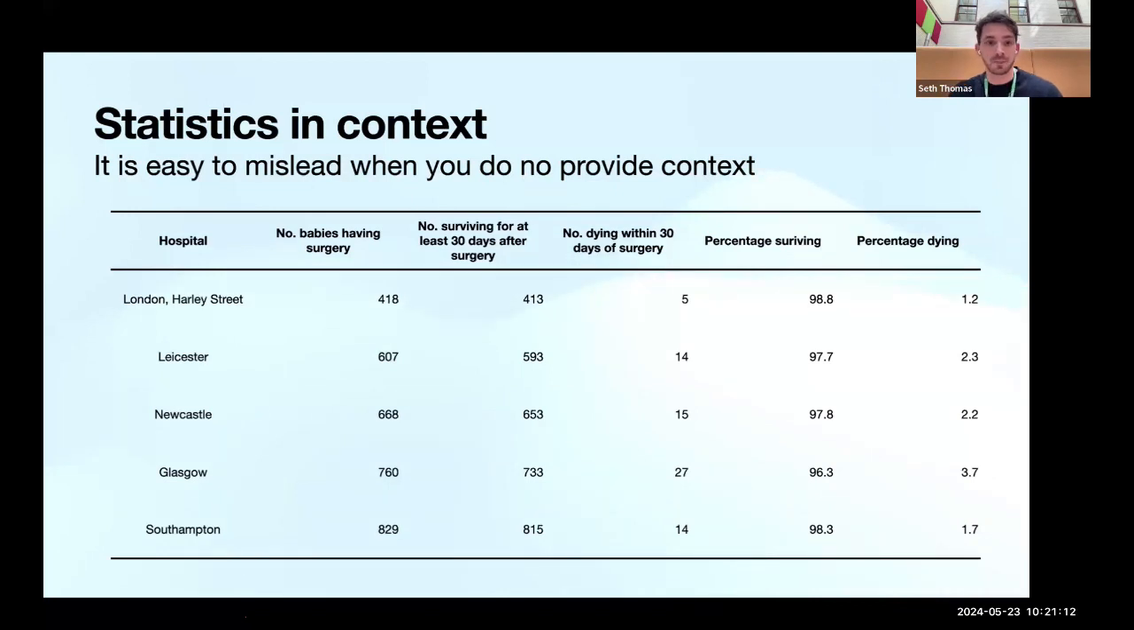I could be saying, okay, Southampton has a lot of babies dying, but actually it's performing very well because the percentage is very low. They've got a very high survival rate. The same with London. They may have a lower number of babies having surgery, but relatively speaking, when you consider their patient base, they've got the highest percentage of babies that survive that surgery for at least 30 days afterwards. So statistics is all about